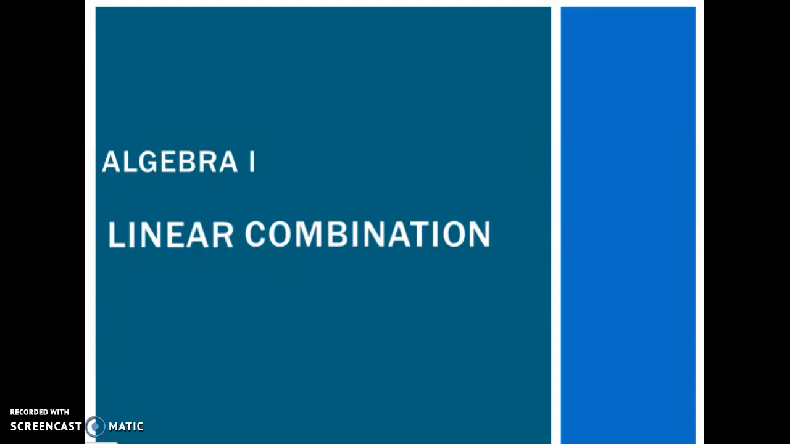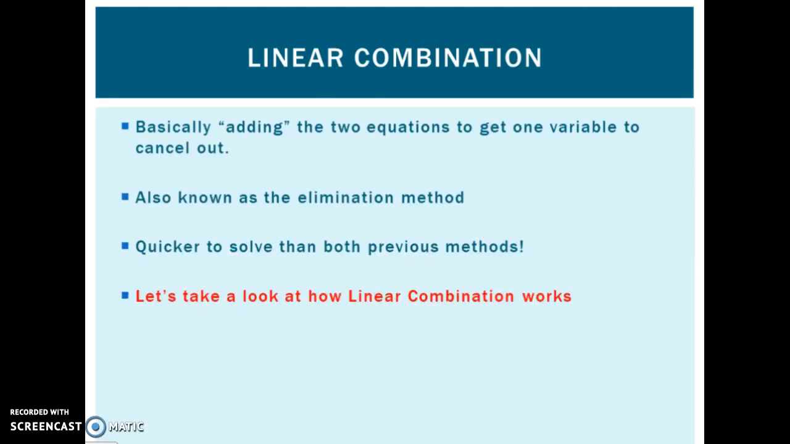Another way to solve systems of equations is using linear combination. And linear combination is basically like adding the two equations together so that one of the variables cancels out. Another term for this method is called the elimination method because you're eliminating one of the variables when you're combining